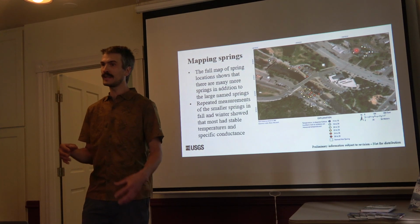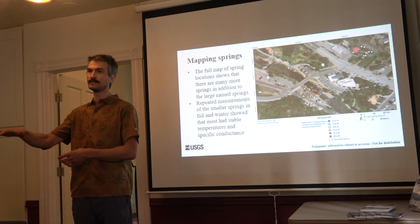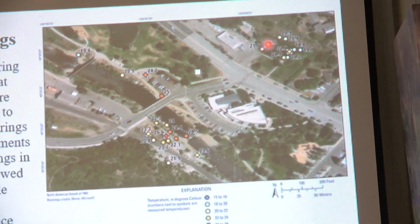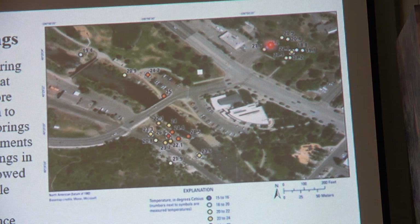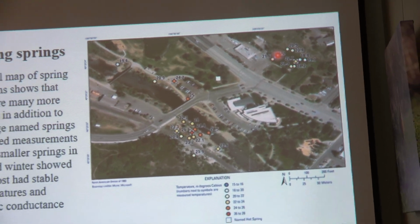So just like the 1980s, we saw that there was two areas of geothermal upwelling, one of them centered on Hart Spring, one of them centered on the area of the library. Now we can see there's actually multiple different upwelling zones within the vicinity of the library in Iron Springs Park. And we did these repeated measurements of all the smaller springs, once in fall and once in winter, because